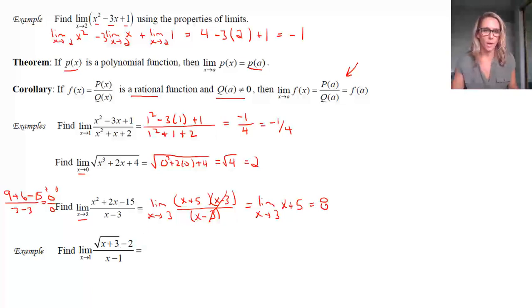Now, the next one, I'm going to do the same thing over here. This is your next page. But the limit as x approaches 1. Notice in our numerator, I got to start out with plugging it in. I plug it in, and I'm going to get the square root of 4 minus 2 over 1 minus 1. No surprise here, we get 0 over 0. Boo. But that tells us algebra.